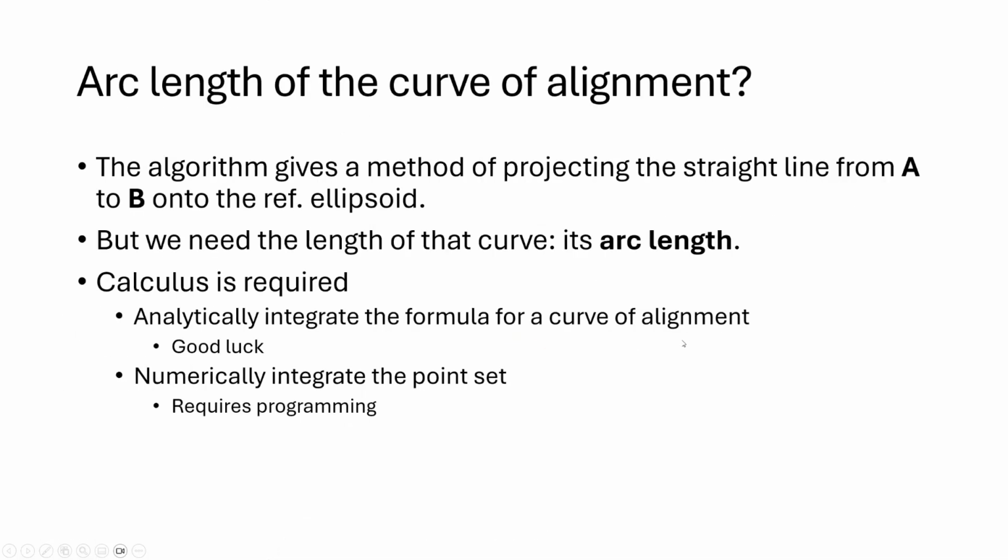Now, the curve of alignment is not a particularly simple curve. The algorithm is quite simple. The way to convert this straight line to a curve of alignment, that's quite simple. But what we need is the length of that curve of alignment. We need to know its arc length, and that is not so simple. The formula for a curve of alignment isn't a simple formula. We would have to use calculus on this complicated formula to be able to integrate it across its length to determine the arc length, and analytically